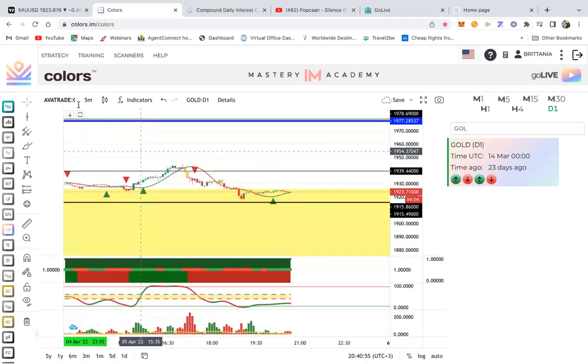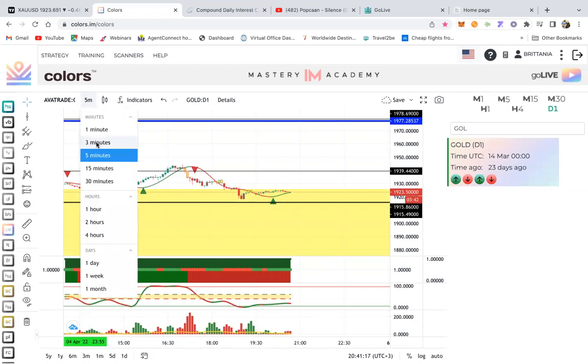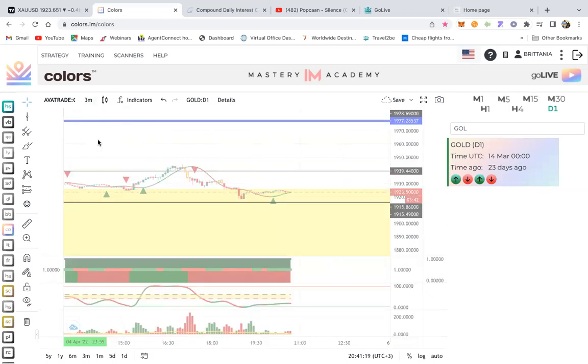So the 5 minutes is more for precise entry. You're only entering on the lower time frame, guys. You're not entering and staying on there. You're only looking for entries, and then you go back to either your 4 hour or your day chart for your stop loss and your take profit, and that's it. All right. So in this case, we don't have anything setting up yet. So it does take a little bit of patience.